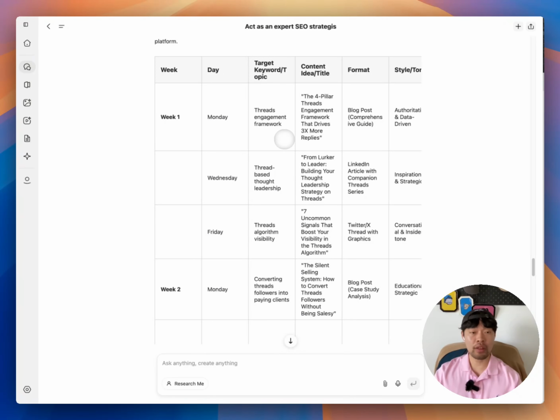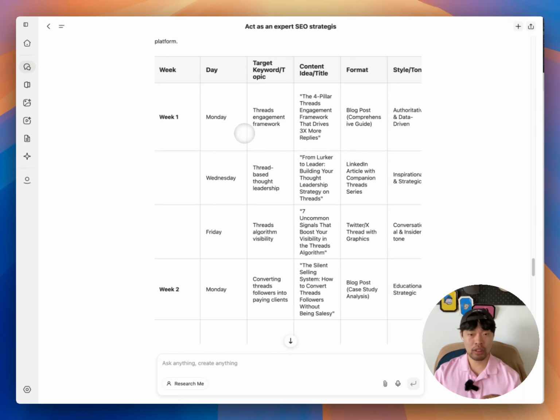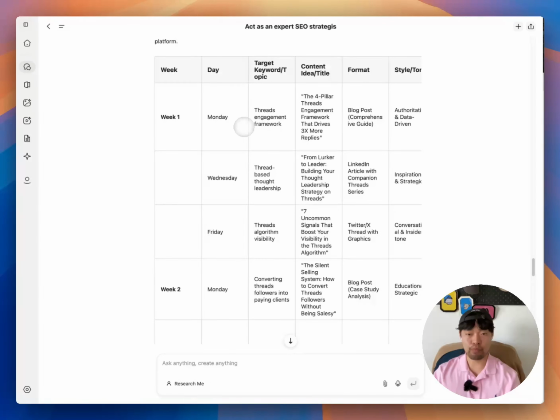Normally, I don't like to copy and paste AI-generated content. I really like to put my own spin and more ideas, but this way you don't have to worry about the starting point, which blocks most people from publishing content for their business consistently.